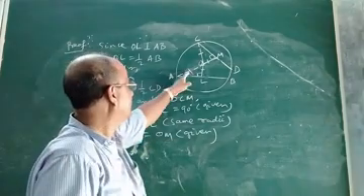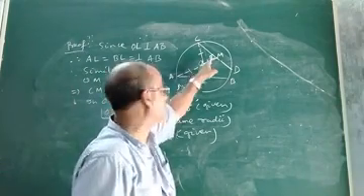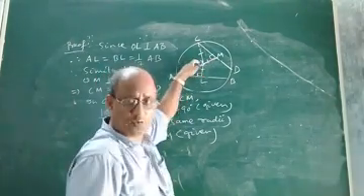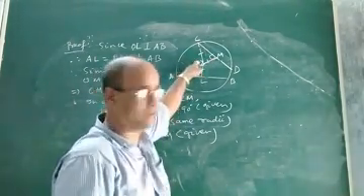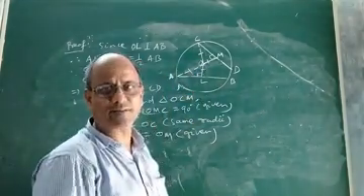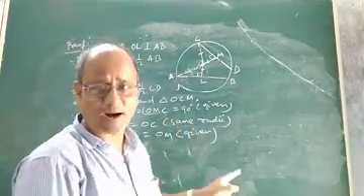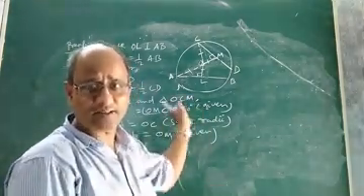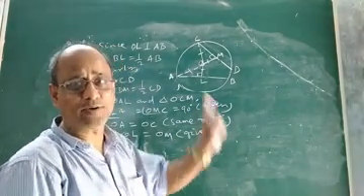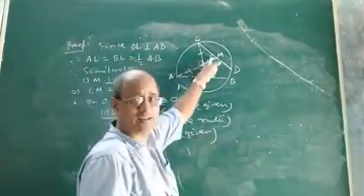See, this angle is 90 degrees each, it is given. OA and OC are equal because they represent the same radii, and OL equal to OM. So which condition? Just imagine, it satisfies these three matching parts. These three matching parts of the two triangles satisfy which congruence criteria? No doubt RHS. You see, right angle equal.